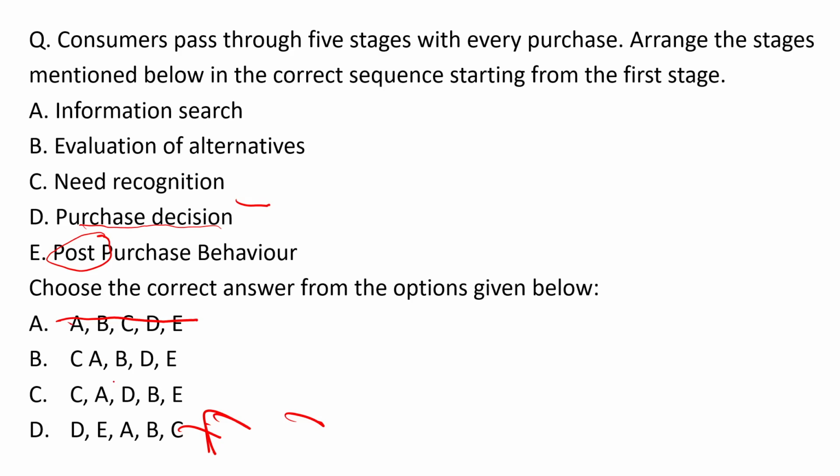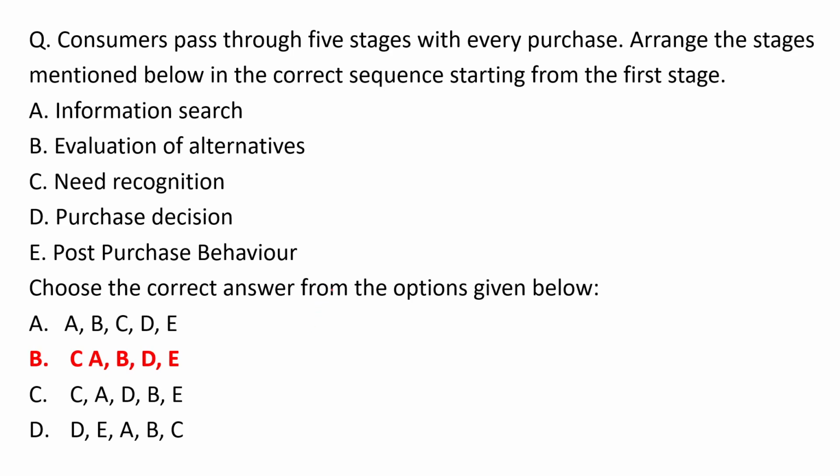First of all, you will recognize the need. Then after recognizing the need, what we will do? We will collect the information. Then we will check the alternatives. Okay, so evaluation of alternatives is given on the second option. So if you check option number B, the C, A, B, and then